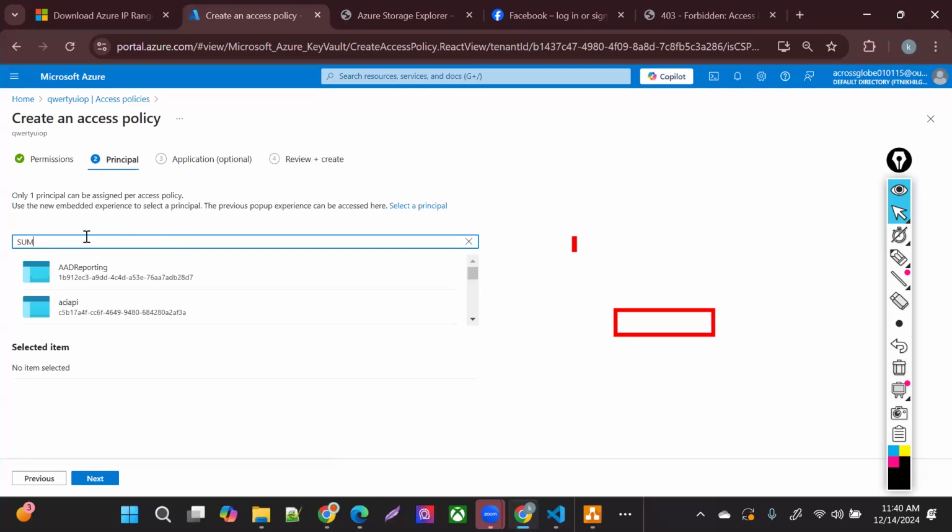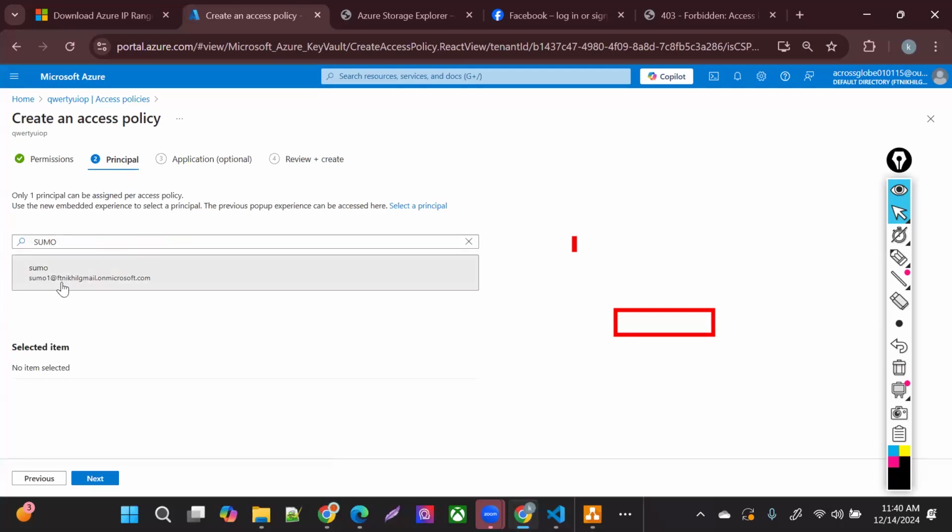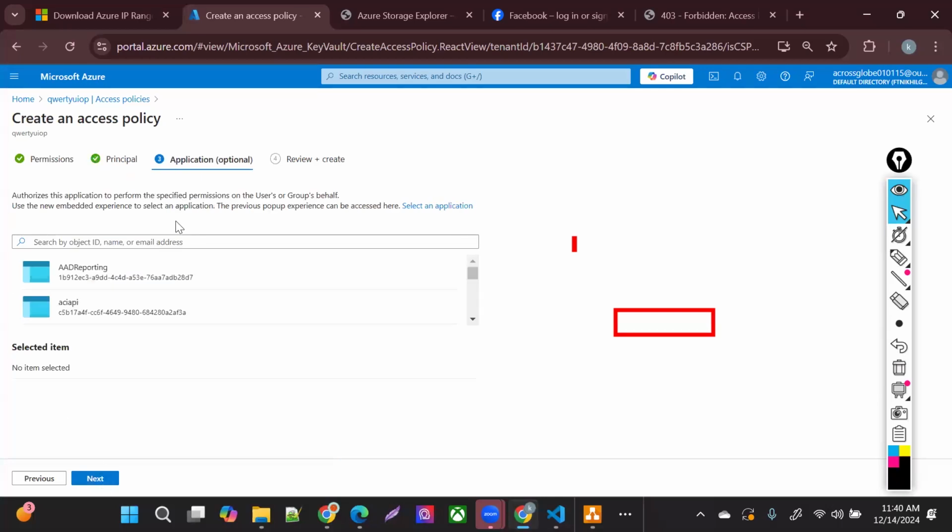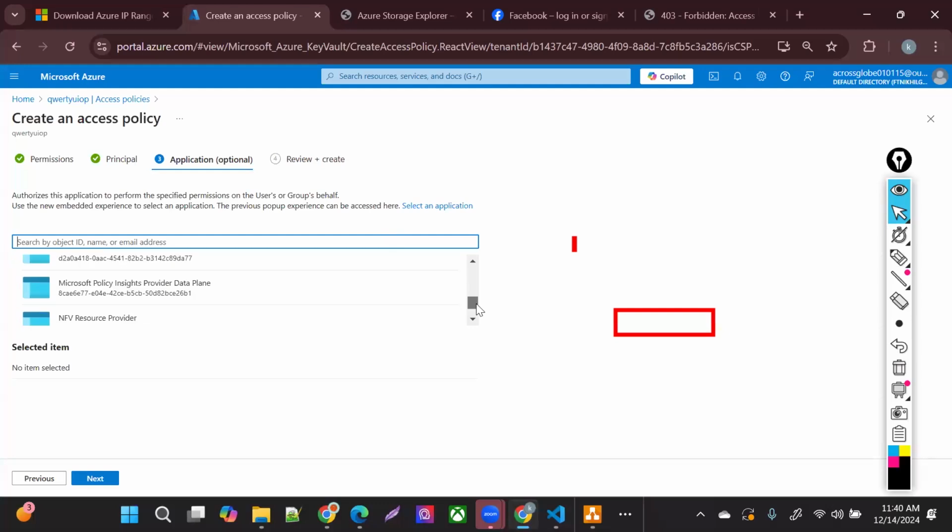So let's say I'm assigning it to this guy, Sumo. Next, I need to provide any application there. If you remember, that day I created one test app. All the applications that are there, you can provide application-based access, like your Sentinel, your provider application, all that.